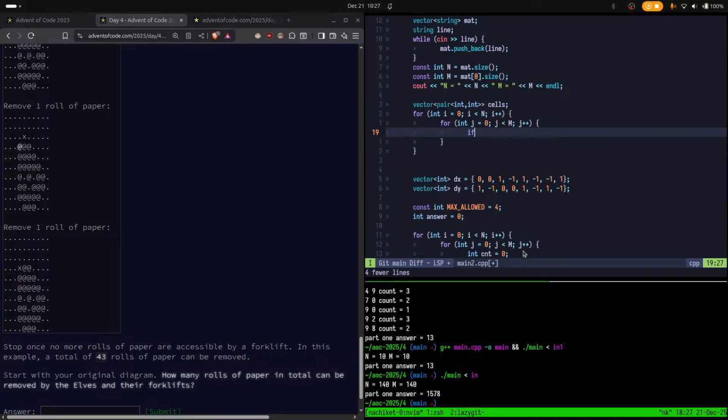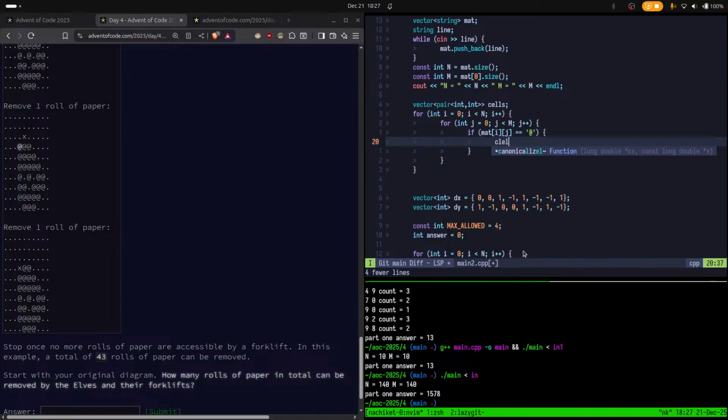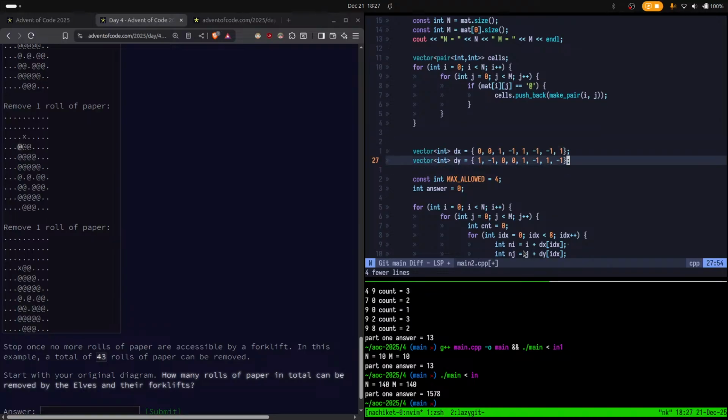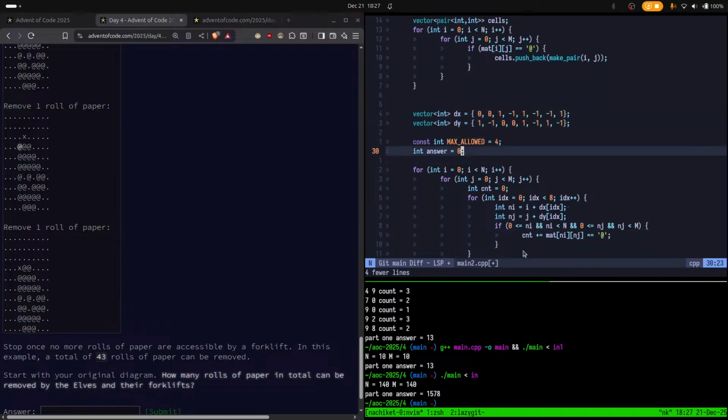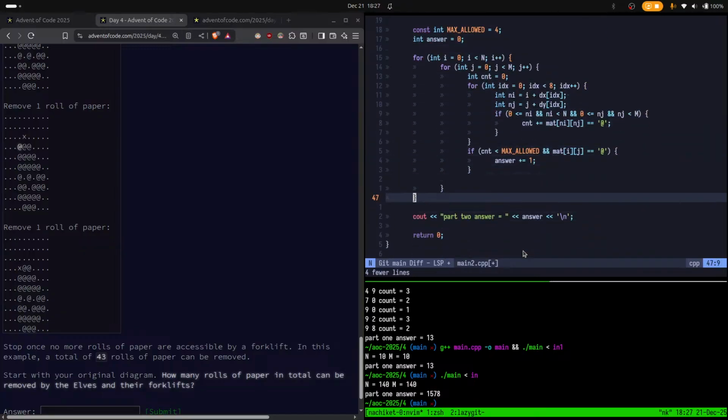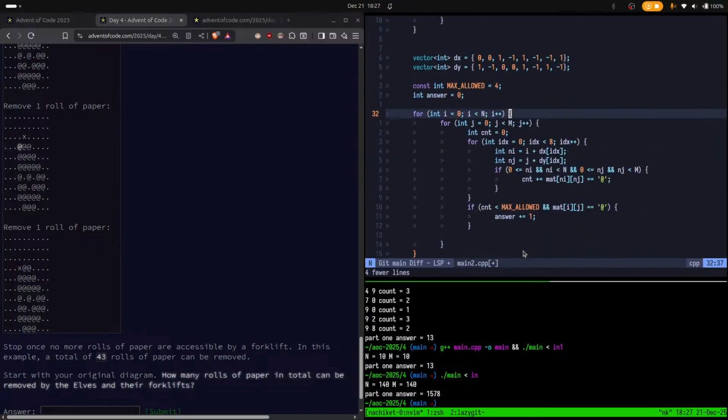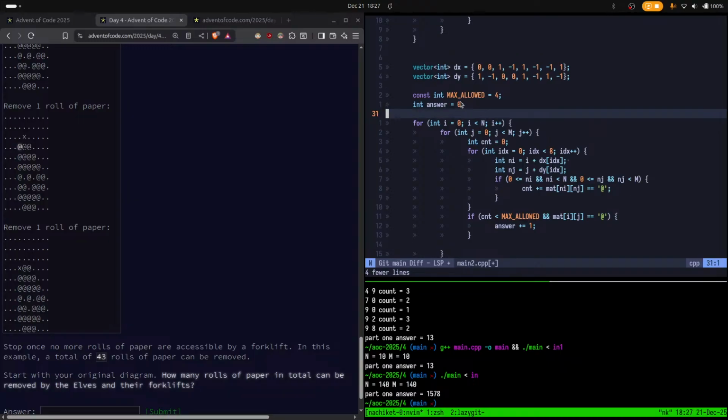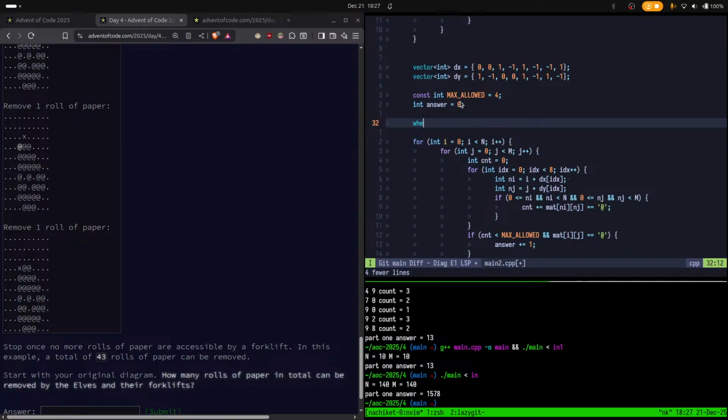And if mat of ij is at the rate, cells dot push_back make_pair ij, and let's see. Again, I want to do this as an infinite loop. While true,